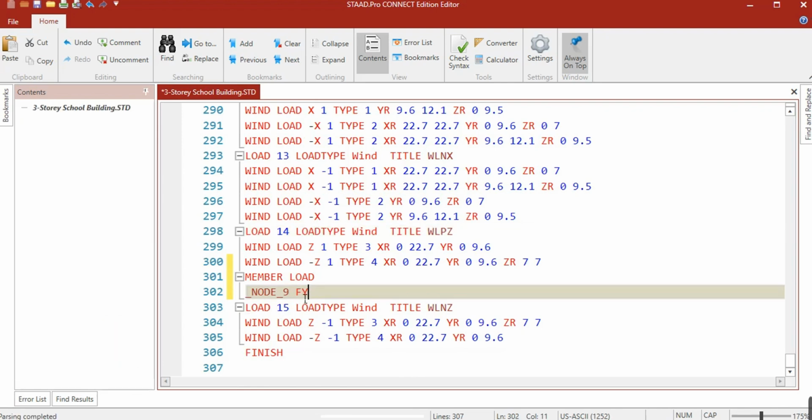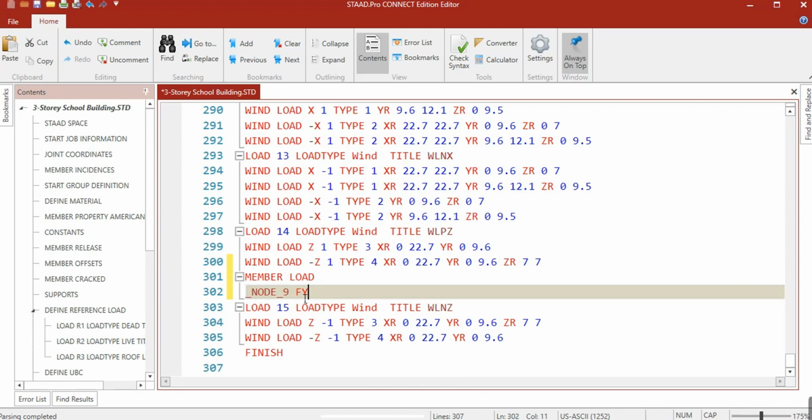Our FY based on our Excel, load node 9, positive 18.863, and FX is negative 31.165.